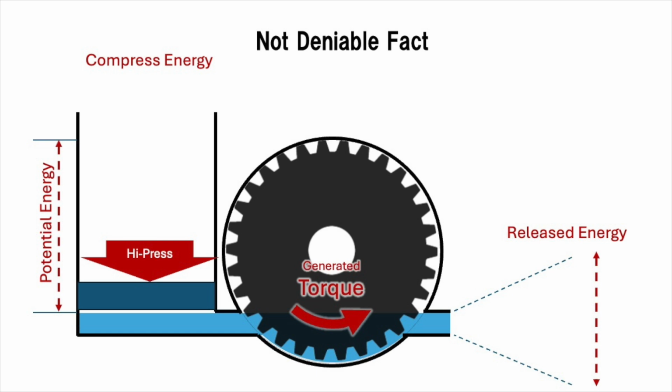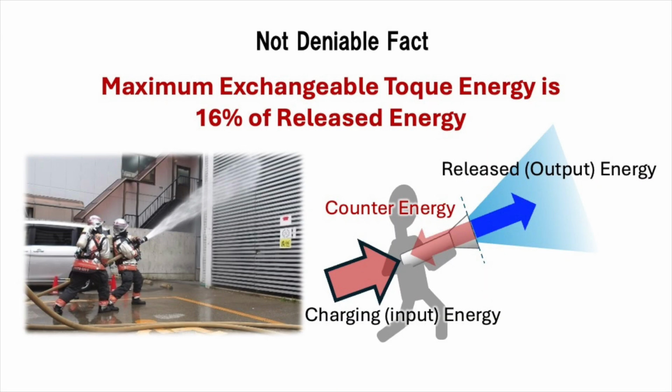Looking at this action, it is clear that in order to measure the torque converted energy, it is much easier and more accurate to measure the amount of physical energy of the released motive power than to measure it from the input energy and analyze the dispersion of various thermal energy conversions within the system. To put it in terms that even elementary school students can understand, the recoil energy when a firefighter sprays water is very strong. And the firefighter who holds it with his teeth clenched requires incredible physical strength.